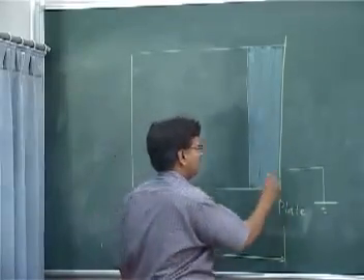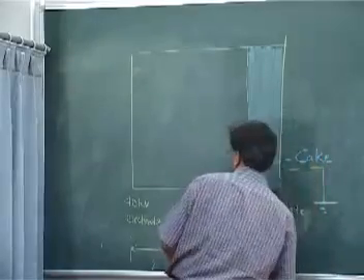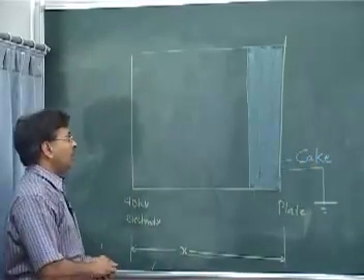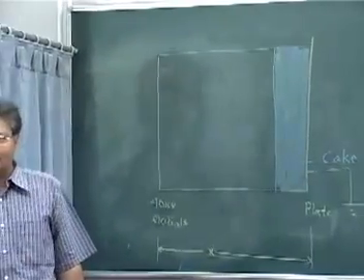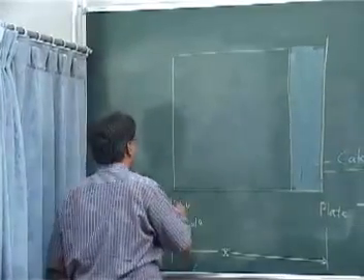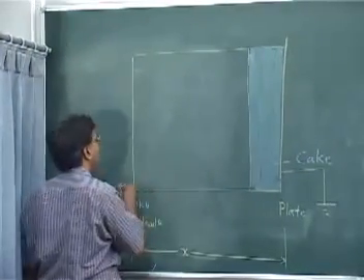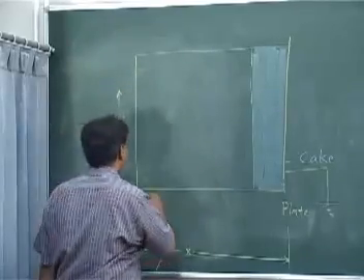Let's call this the cake. Suppose I am dealing with a dust which has low resistivity. So if the resistivity is low, and this is the voltage here, then